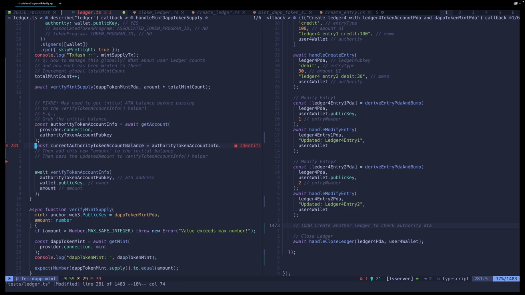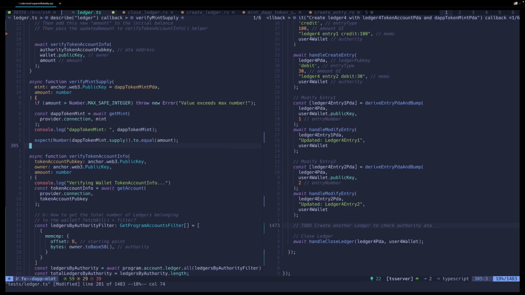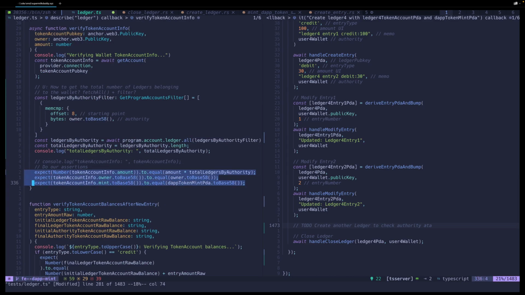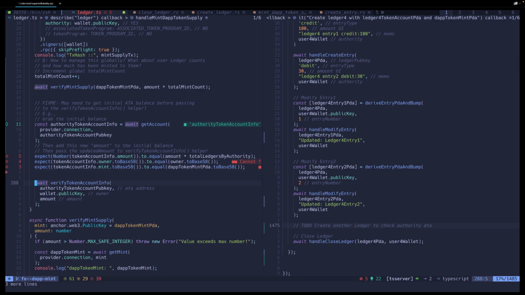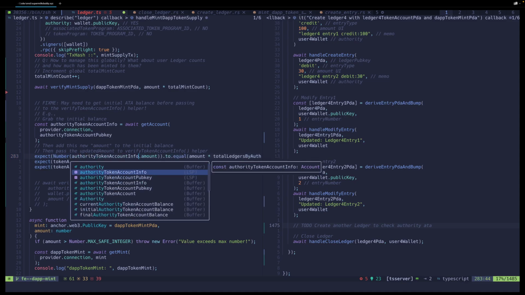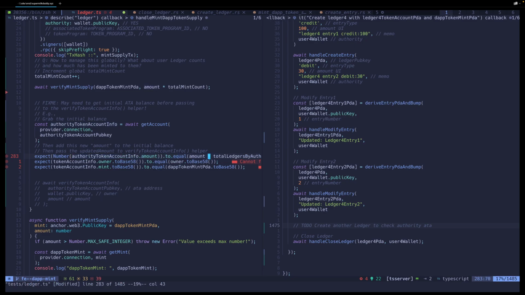I'm wondering, just to simplify it all, can I take these? Again, this is a work in progress, obviously. But just thinking, maybe I don't need this separate one because I'm going to have to grab the token account, and then from there, make sure that this new amount has been added. Okay, so if I do token account info, let's call this authority token account info, amount to equal amount, not times that. In this case, it's amount plus what? Plus,